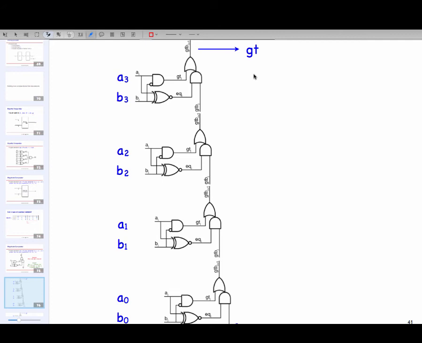If the hardware had a magical way of telling me I'm done, right? Then I can have a data dependent design, and there is such hardware also. There's a question in the back. Yeah. So is the most significant bit compared first, I guess? No, in this case, the most significant bit is compared last. Whereas the other algorithm which was suggested compared the most significant bit first, which is a more intuitive thing, right? I mean, when we compare numbers, we start from the most significant bit.